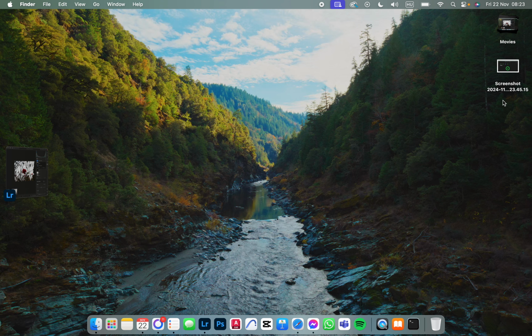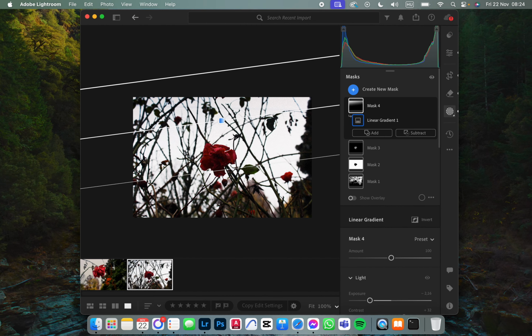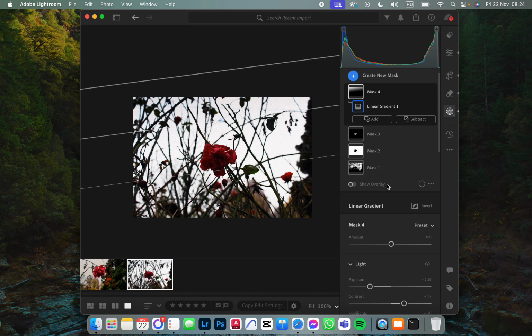Show you how to create a radial gradient mask in the Lightroom app. First we have to open up the app. Here it opens up like this. From here we just